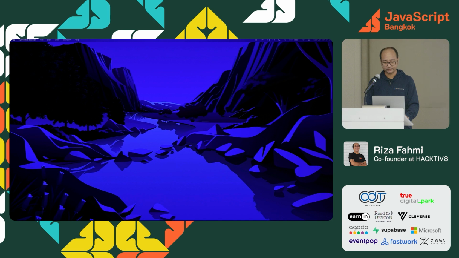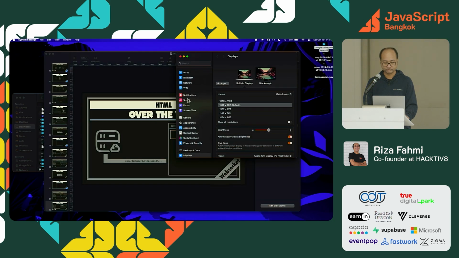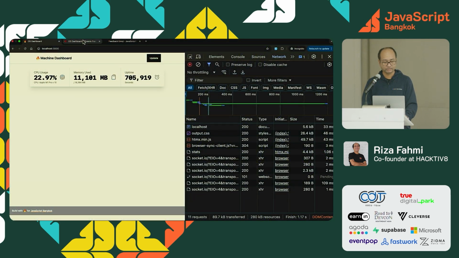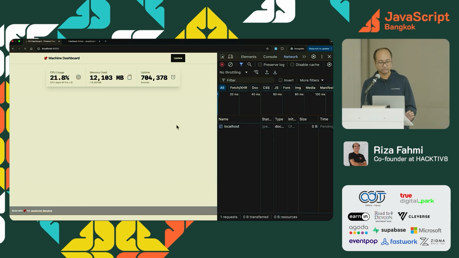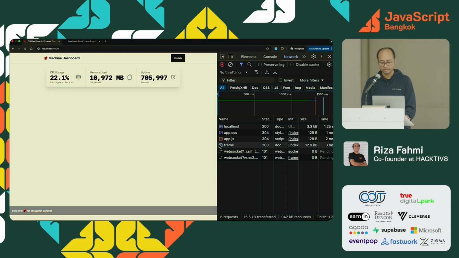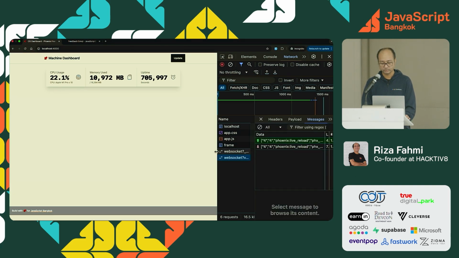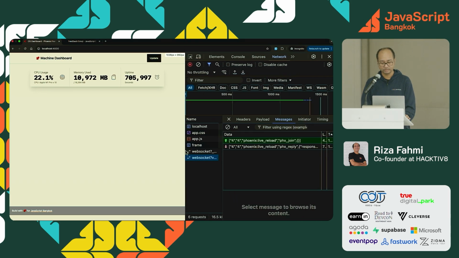Let's see the Elixir version. Okay, this one, the Phoenix version, you can see it's almost the same. The difference is there is a WebSocket connection that sends data back and forth from the server to the client and vice versa.